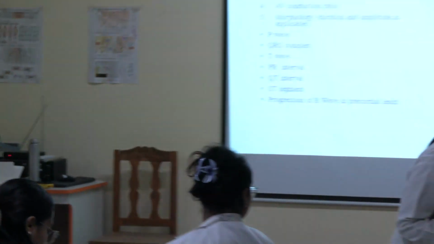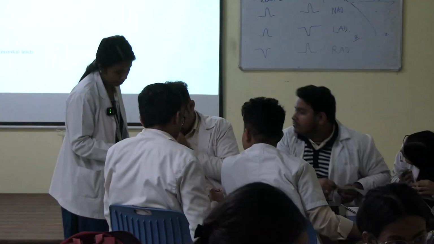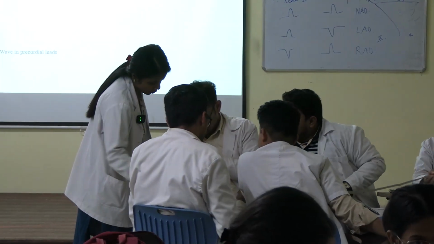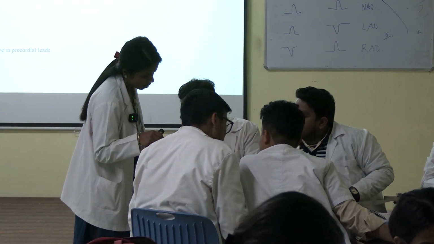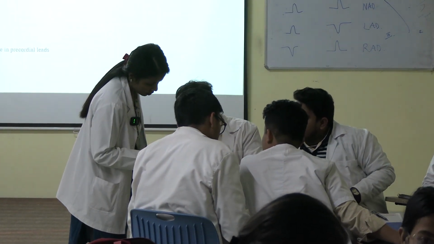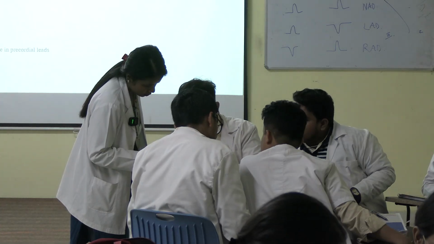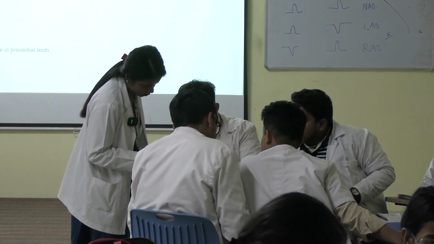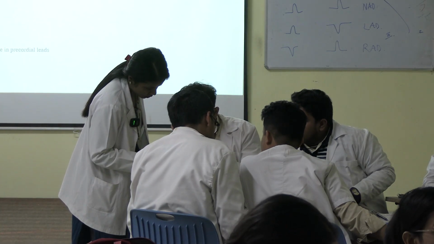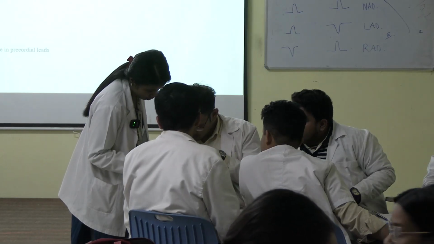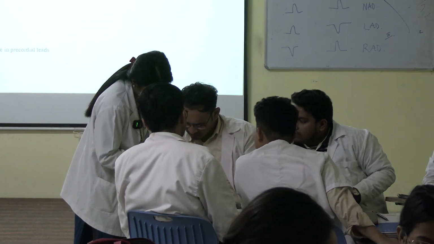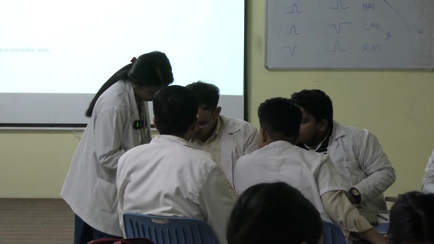How do you see the sign of LVH? LVH is left ventricular hypertrophy, na? So you have to see the S wave. Is there any deep S wave? Okay. So which one is the S wave? This is V1, right? V1, you look for the S wave. This is P, Q, R, S.